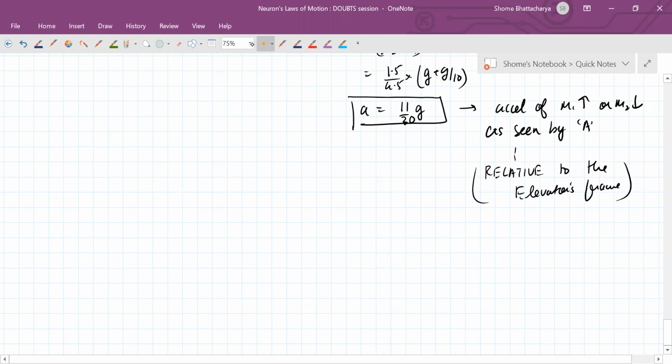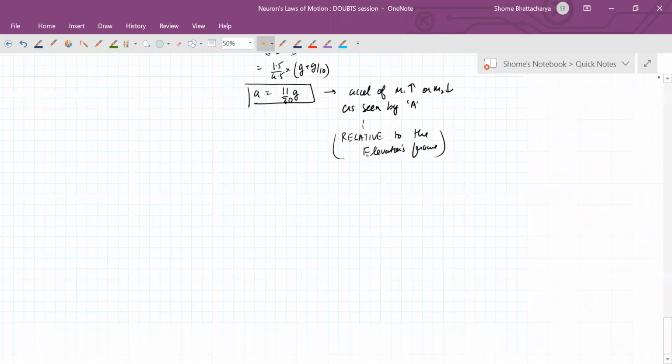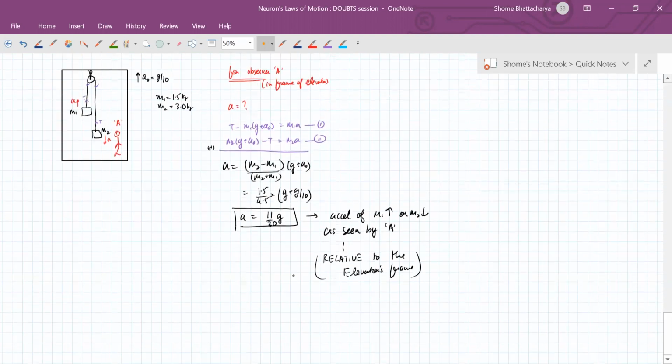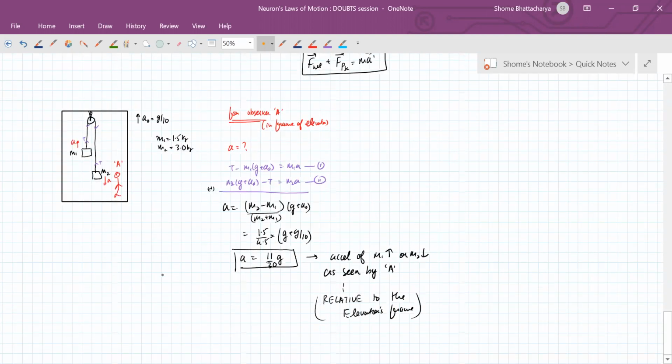You're understanding this point here? Because we've solved this in this frame, so it's with respect to that observer. So what this observer inside the lift is saying is that, okay, this object is going up and this object is coming down, but with this much acceleration relative to himself. Okay. Now, if we use the concept of relative motion,